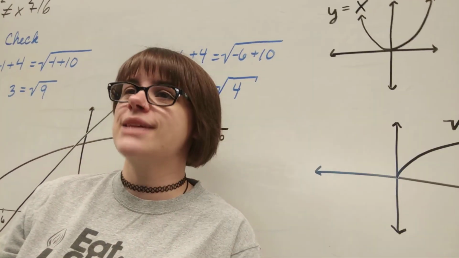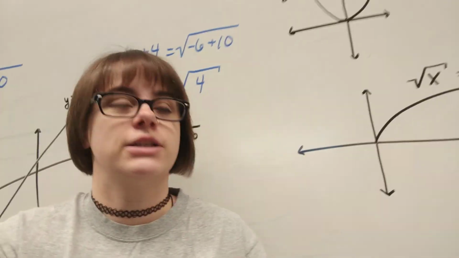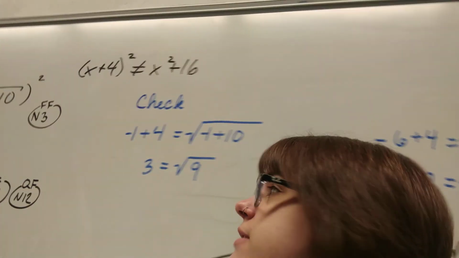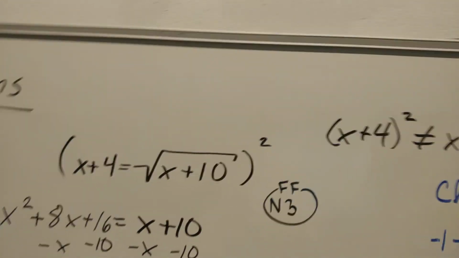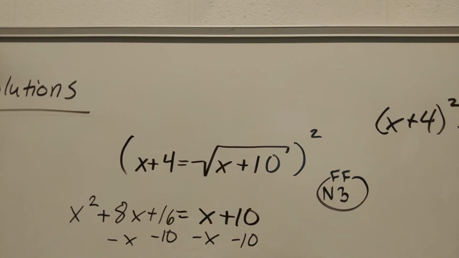Okay, so now let's actually look at what's happening in our graph. So if in your y equals screen of your calculator, it's probably still there. If you go back to the very beginning and you graph y equals x plus 4 and y equals the square root of x plus 10,